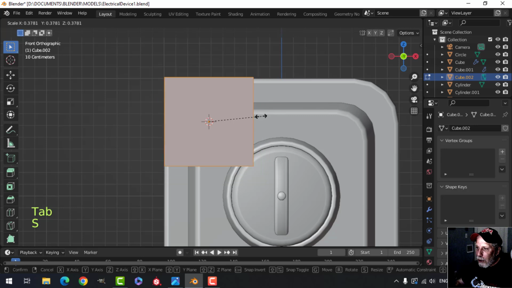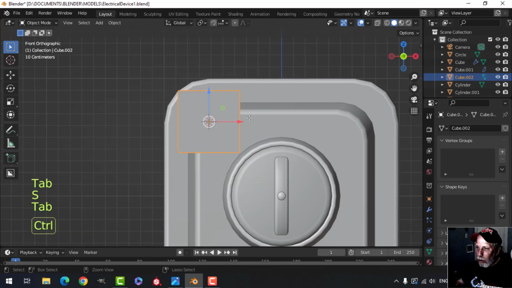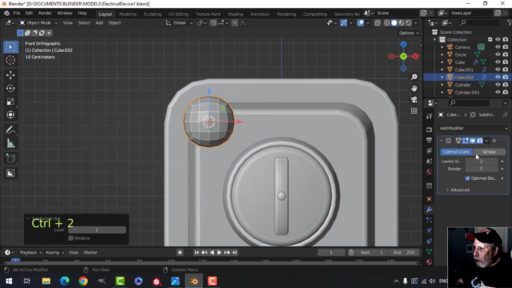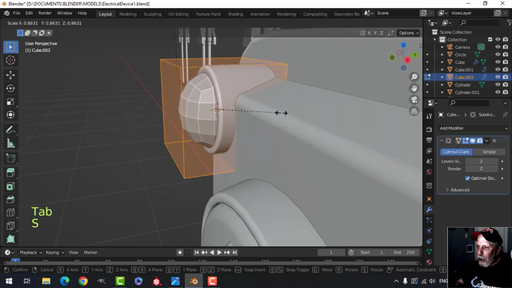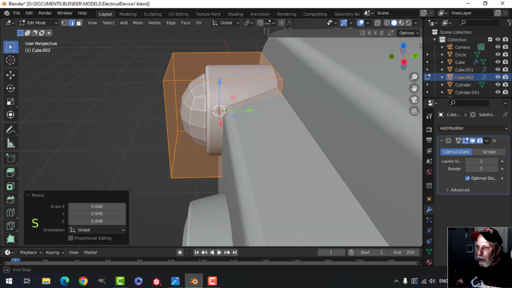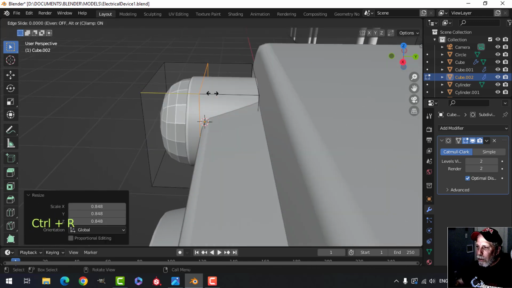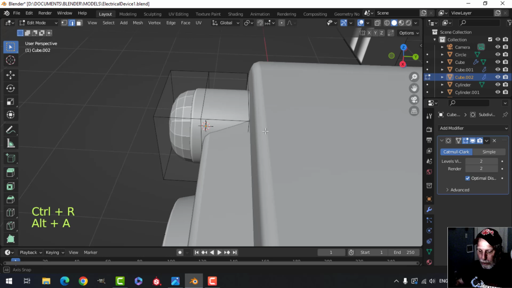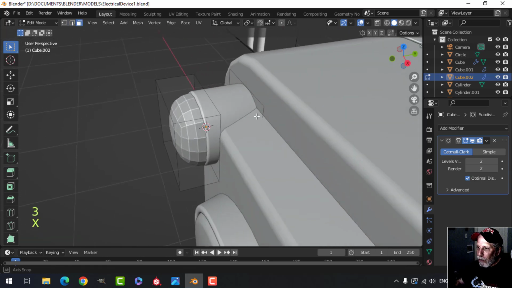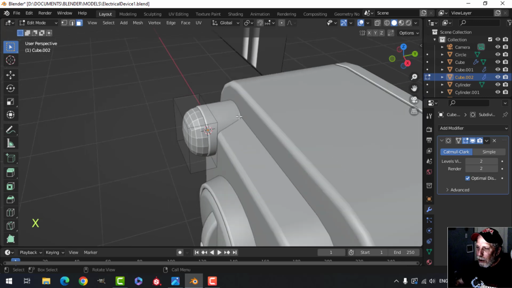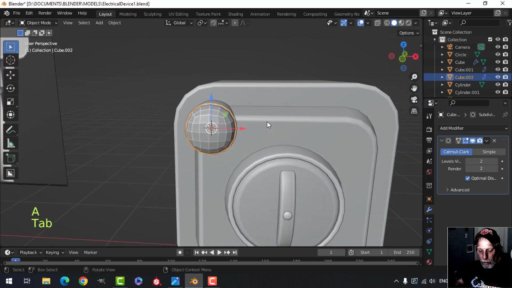Take a cube, scale it down a little bit. I'm going to press Control 2. That'll add 2 subdivisions on there. And we can scale it a little bit more like this. And what I'm going to do is drop an edge loop here, and I'm going to delete some of this. Here, I can't get to the back, so I'm just going to delete those faces, and then I can select that one to delete it. So we have just this. Now I'm going to apply that,